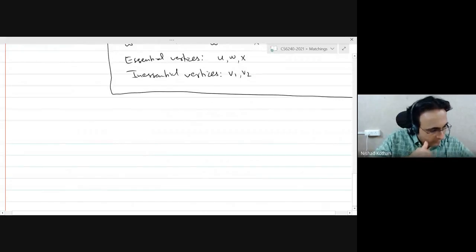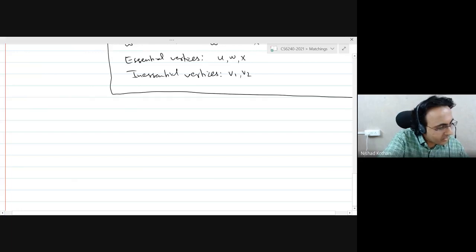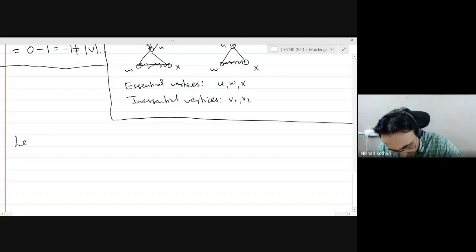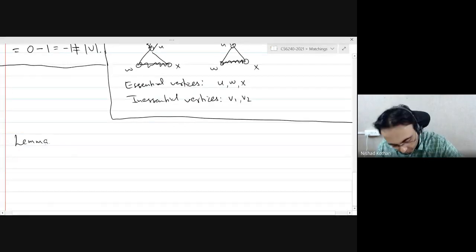Okay. So let's prove that simple fact. That brings us to Lemma 16.9.